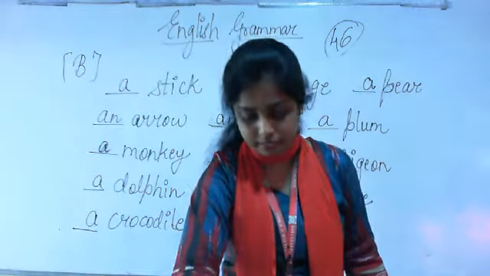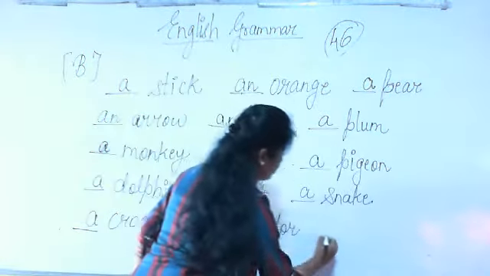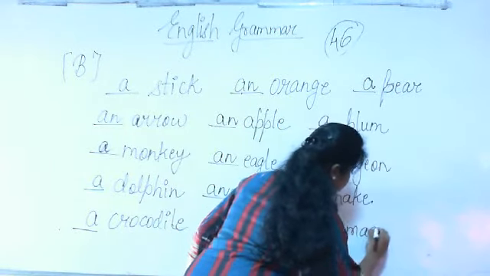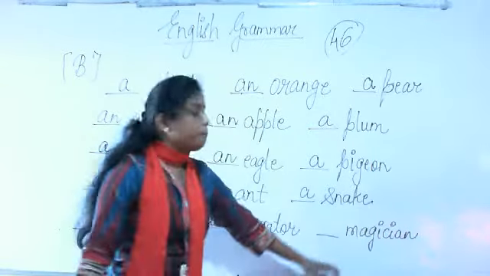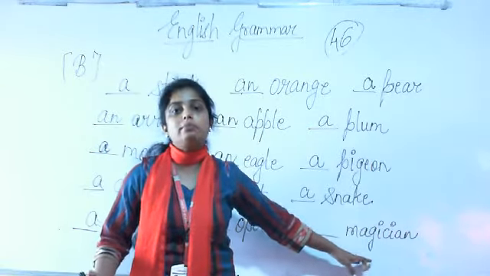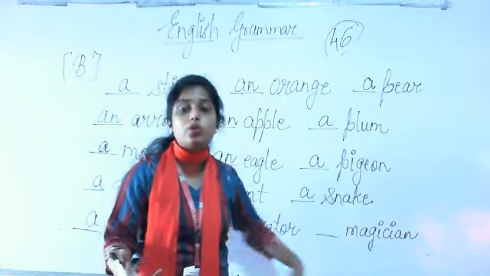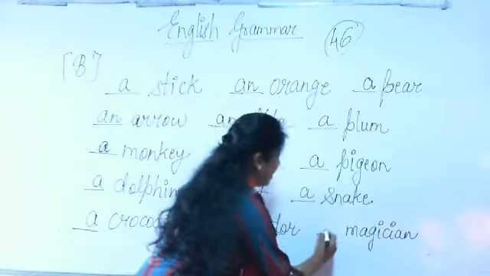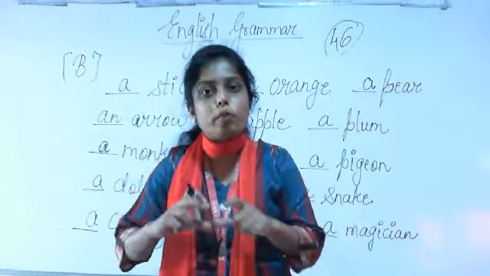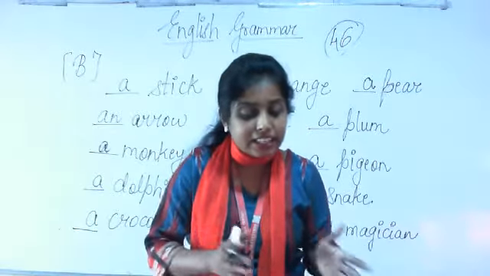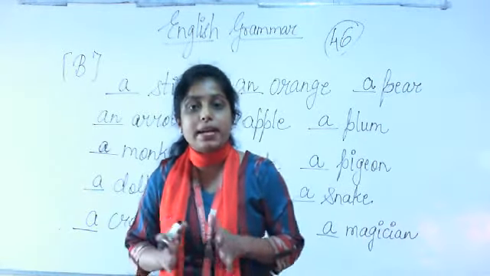Then magician. M-A-G-I-C-I-A-N. Magician. M sound, na? It is a consonant sound. So what are we going to use? A magician. Okay, so beta, the last row that remains, actor, computer, owl, eraser and pen,